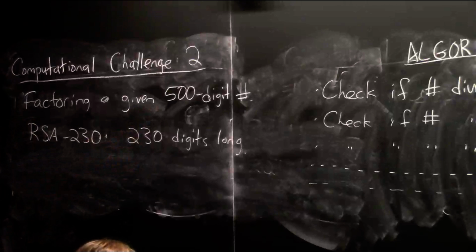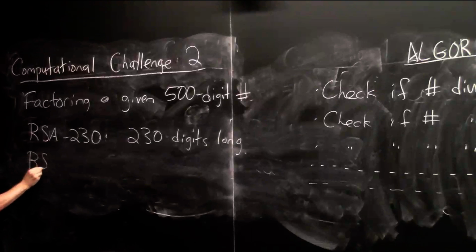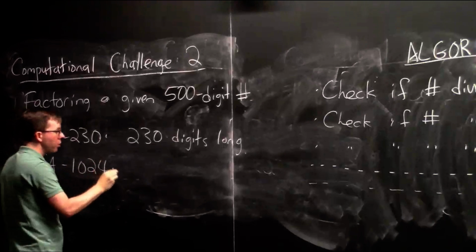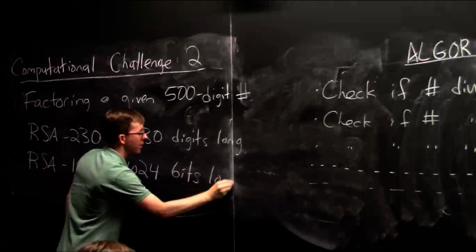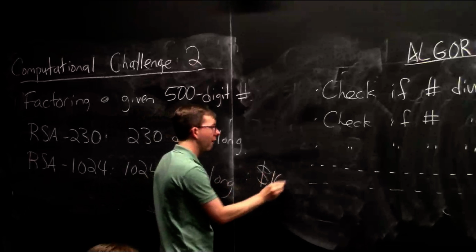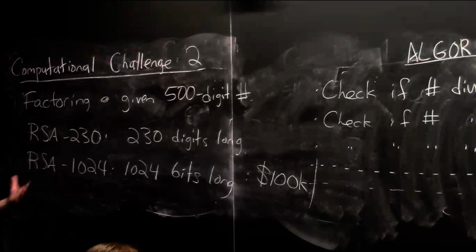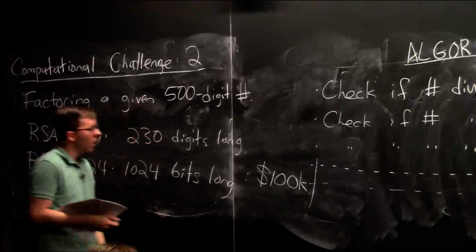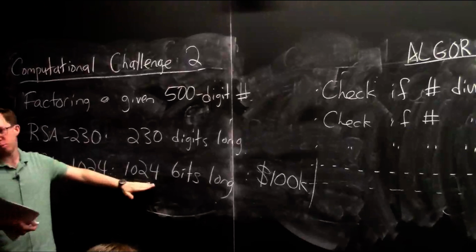And in fact, this is likely going to be impossible unless there's a huge advance in algorithms. For example, there's another one called RSA 1024. This one is 1024 bits long. It's a little bit weird how they name some of these things. So this one is longer than this one, which is 700-something bits long. And if you can factor it, it's worth $100,000. Based on how things have been going over time and the state of our knowledge of factorization algorithms, perhaps if Google and the NSA teamed up and put all their computers together to work on factoring this for some decades, maybe this is within reach.